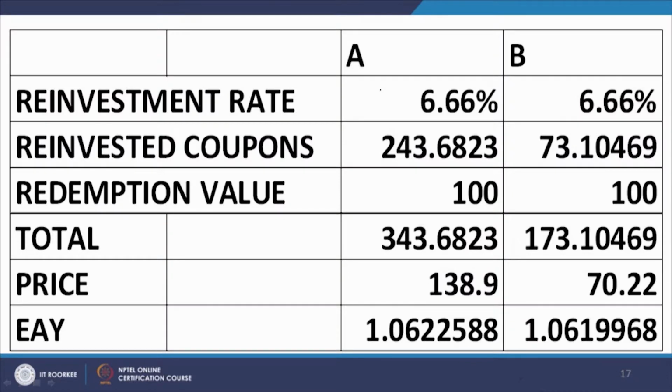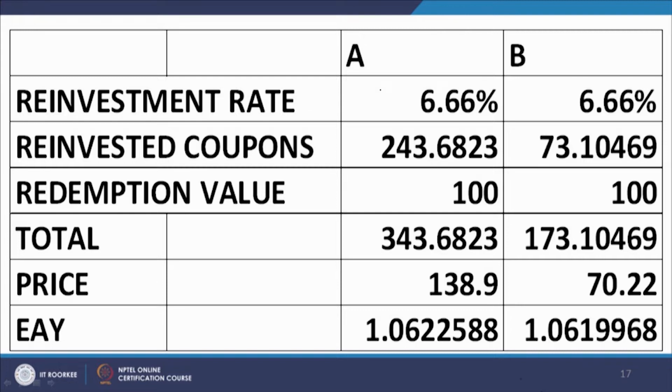So, add to that the redemption value of 100 and we get the total cash flows at t equal to 15 years, that is on the date of maturity of the bonds. For A it is 343.6823, for B it is 173.10467. The current market price, let us recall, is 138.9 for A and 70.22 for B. When we work out the effective annual yield, we find that the effective annual yield for A is 6.22%, for B it is